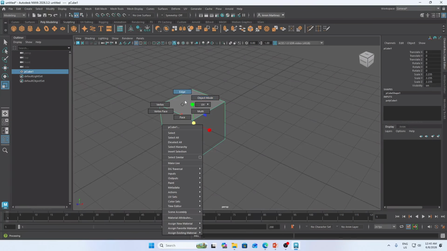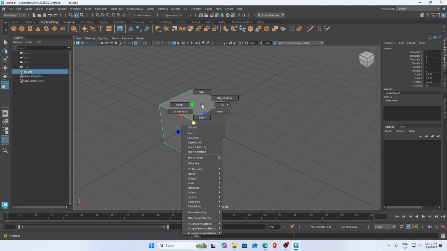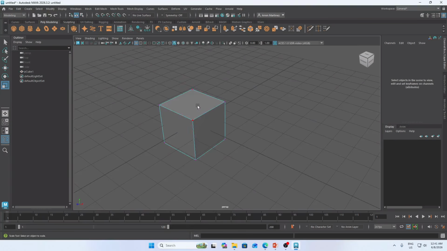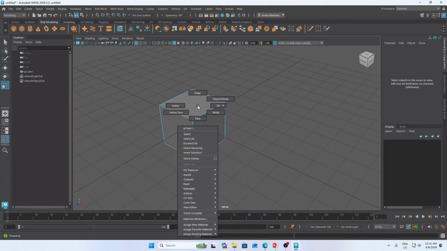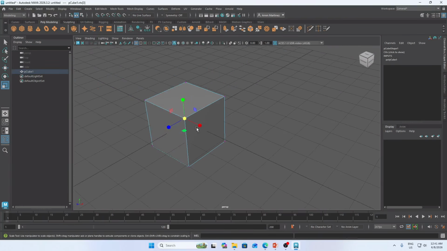Yes, that's the big four: the edge selection, the vertex selection, the face, and the object mode. Now, for example, I want to turn this into vertex mode. So I need to hold the right click and then go here into vertex. As you can see, there are so many dots. These are what we call the nodes.